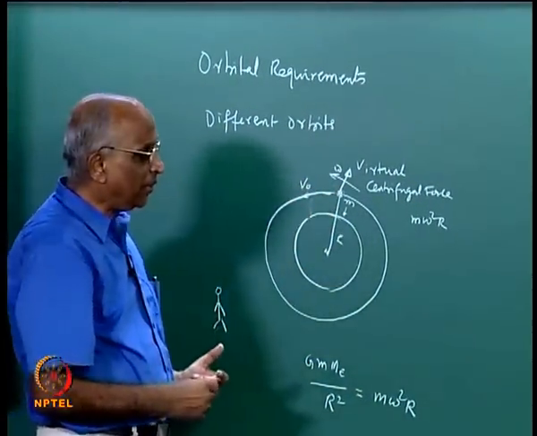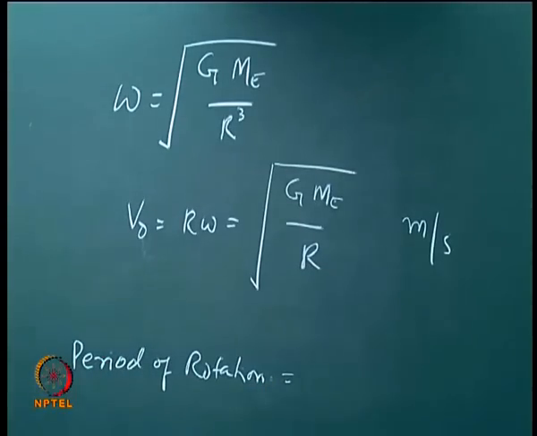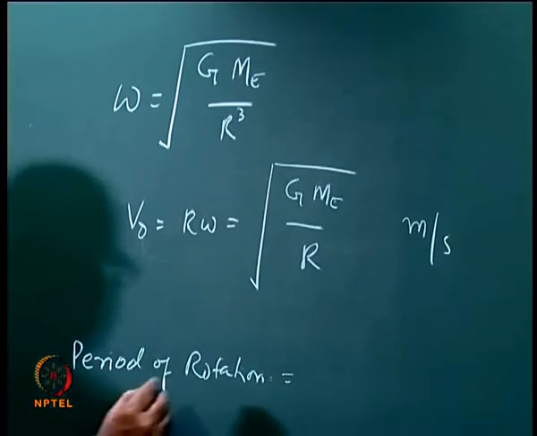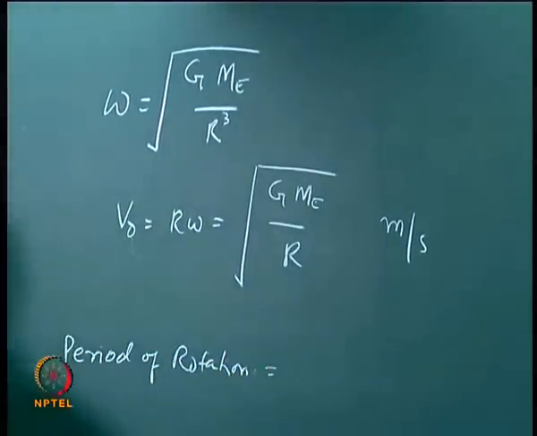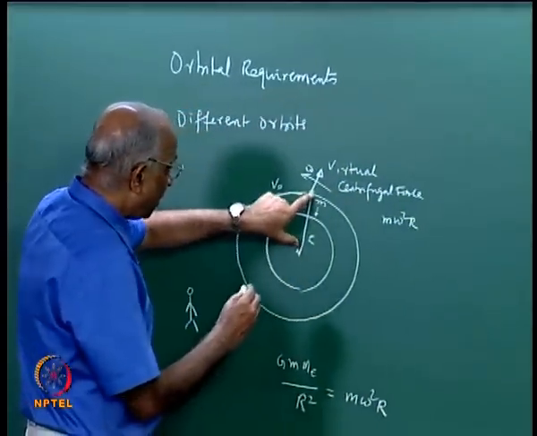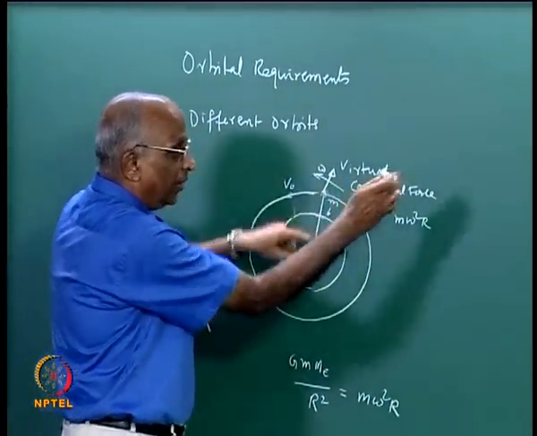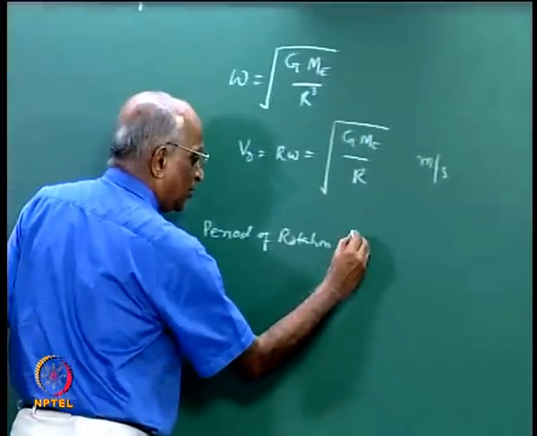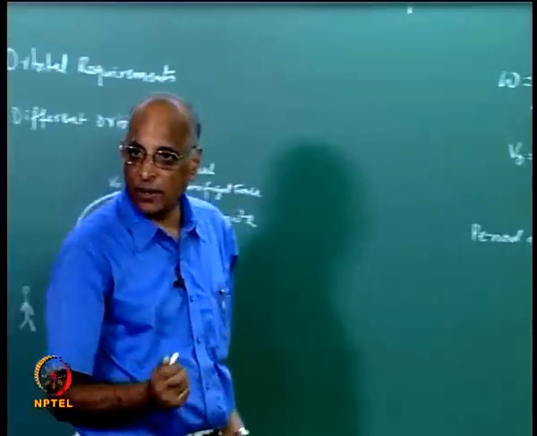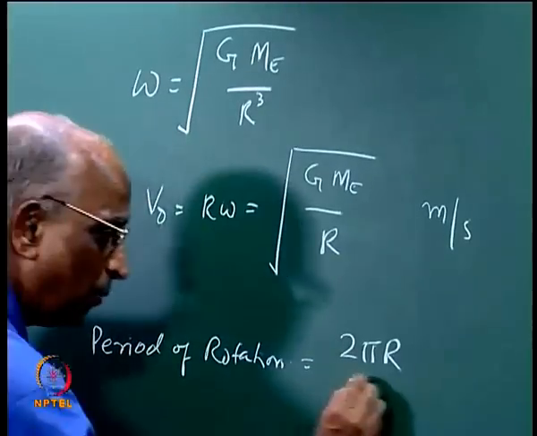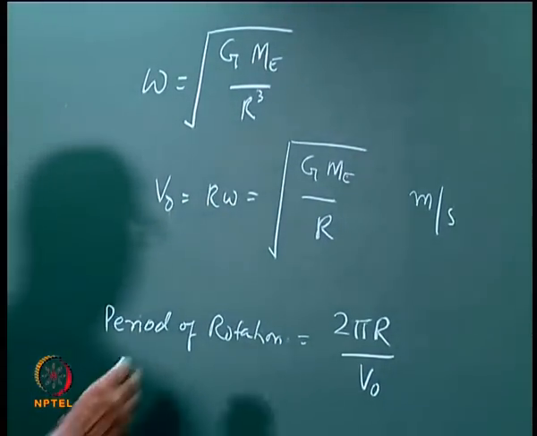I find that it travels through 360 degrees or 2 pi radians, and therefore the distance it travels in one orbit is 2 pi r, divided by v0, and therefore the period of rotation will come out to be equal to